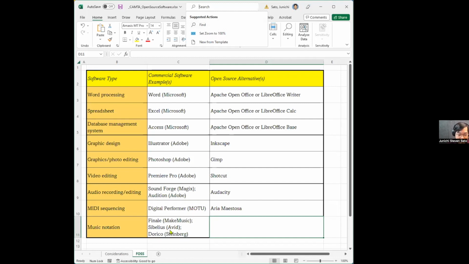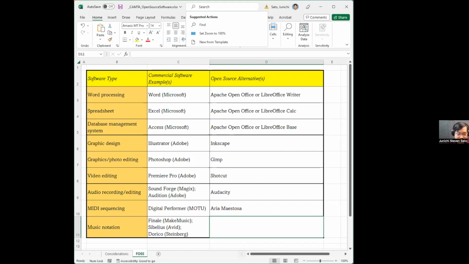Okay. Sibelius, which has been around for a while, and it's been on and off because at one point Avid decided to kind of let go of the development team, and then recently they restarted Sibelius. So Sibelius is actually on a subscription plan, and a lot of commercial products are starting to go this route, which is instead of paying once to own a license to use the software, it would be kind of a